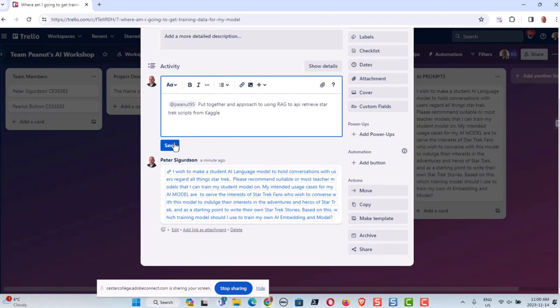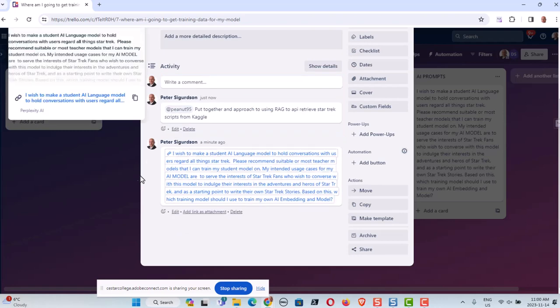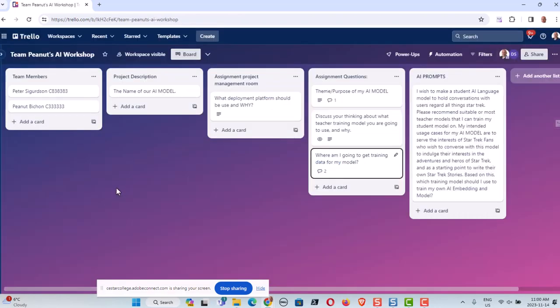And I'm tagged Peanut, so he's going to get notified on that. He doesn't check his email very often, though. All right, so what else can I tell you? Well, probably we're going to add more stuff here, but